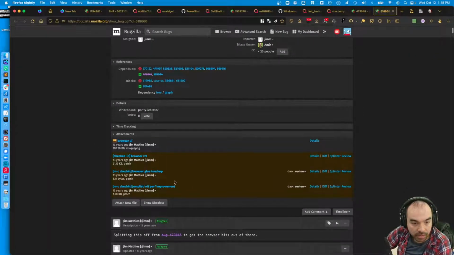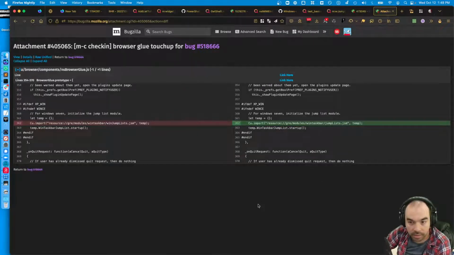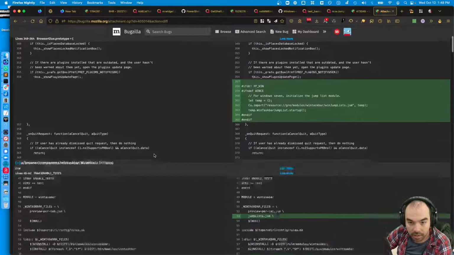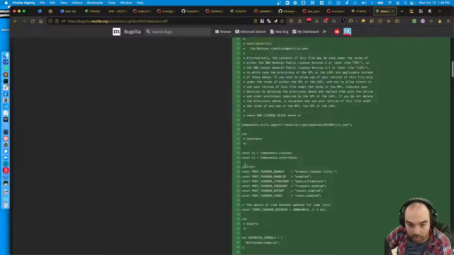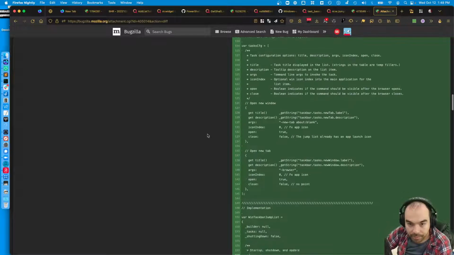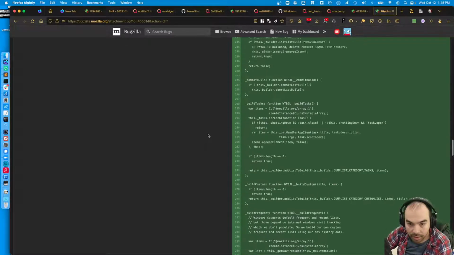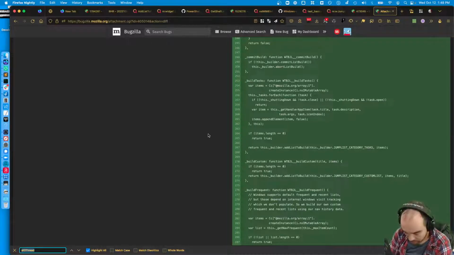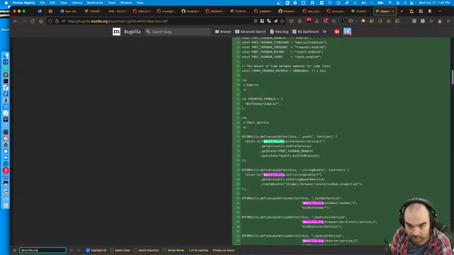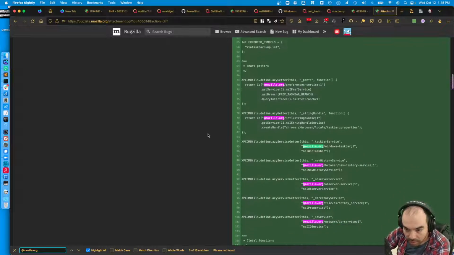Then browser glue. What did they do? They're like, hey, okay, get jumplist.jsm. Here's the checked in patch. Originally, jumplist.jsm would use jump list link, jump list item, Mozilla taskbar service,